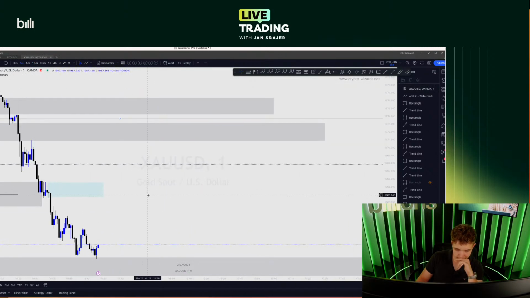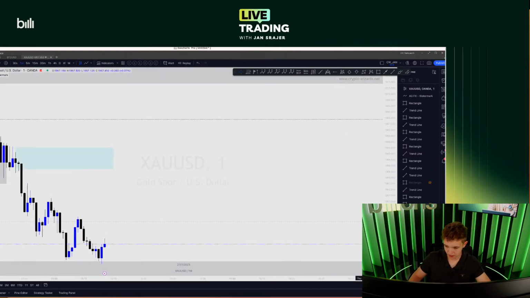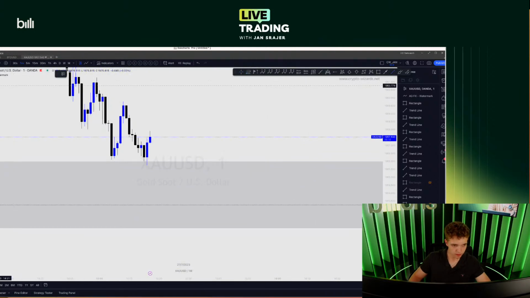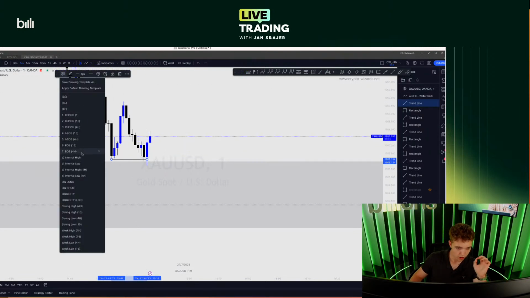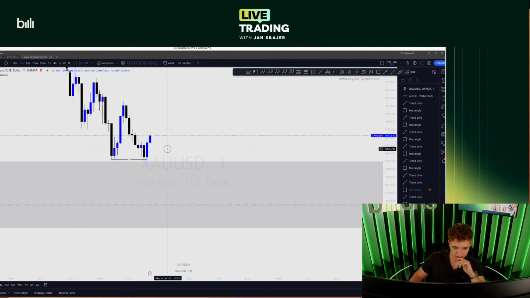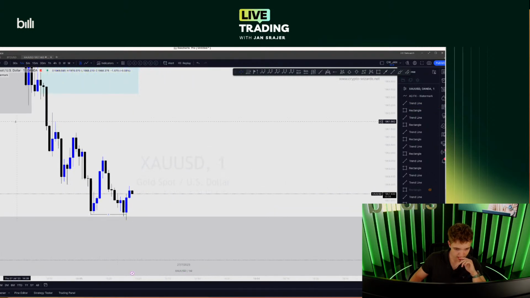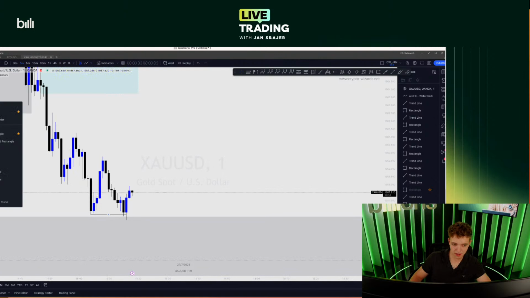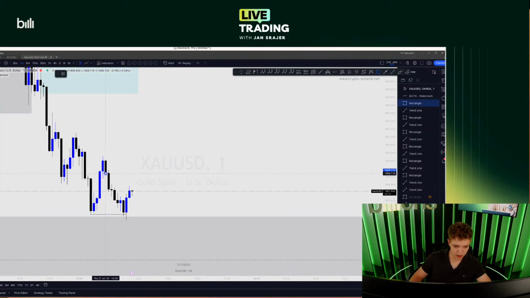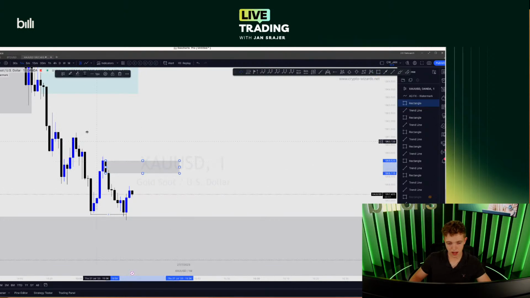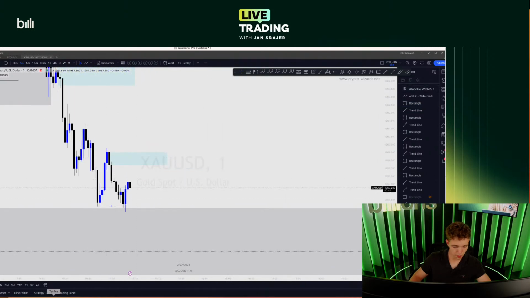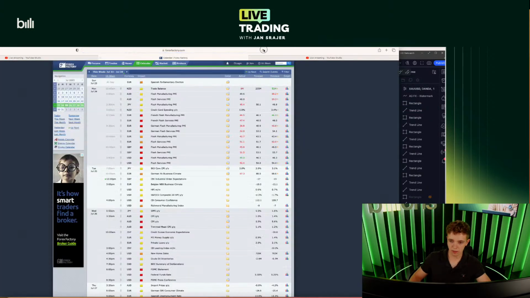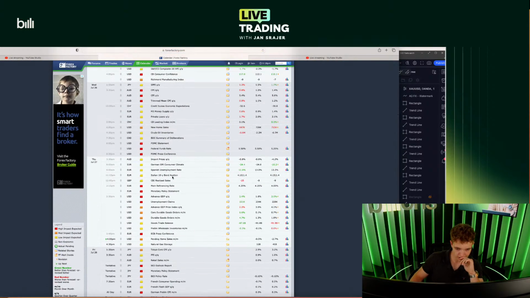Anyway, let's pay attention to what's happening here. I'll be looking for a CHoCH on the 1 minute time frame. It seems like we are grabbing the liquidity right here. Just to remember, all of these trades are very risky today, so I'm going to approach this with the right risk management, accepting the fact that we can get stopped out pretty quickly. This is going to be the 1 minute supply that needs to be reclaimed on the 1 minute time frame.